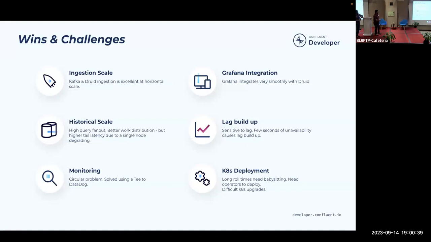Yeah, so Kubernetes deployments take a lot of time. You have to babysit them. Generally, our historicals use local disks, okay? And Kubernetes deployments clean up your disks. So all historicals will have to reload segments. And when they reload segments, their latencies spike for reasons we don't know yet.